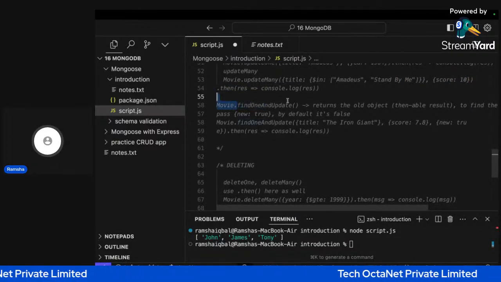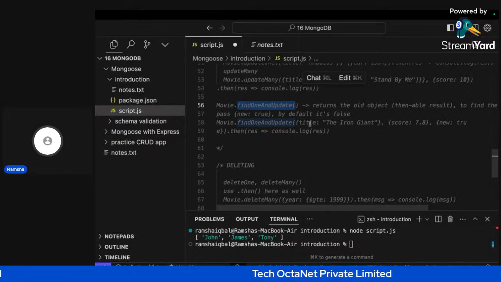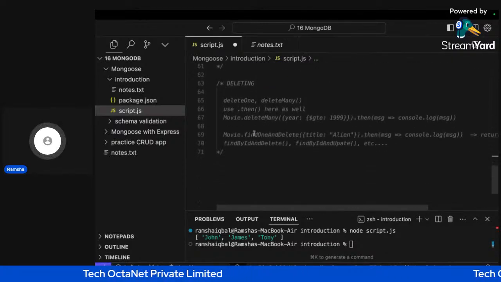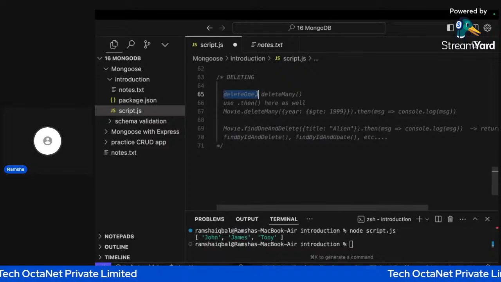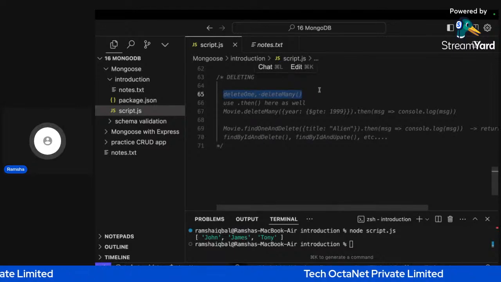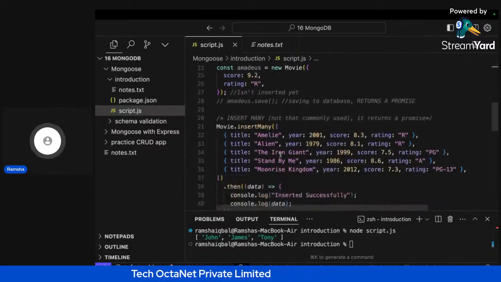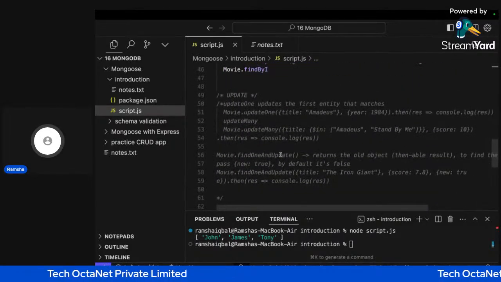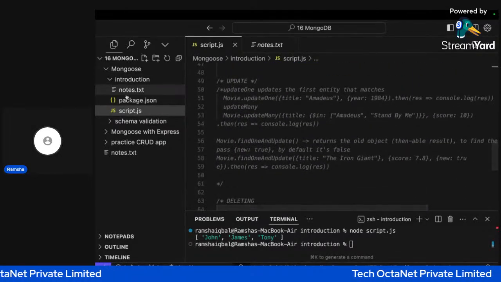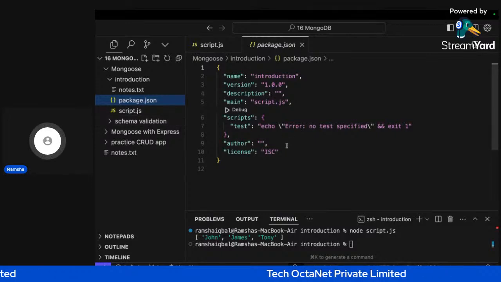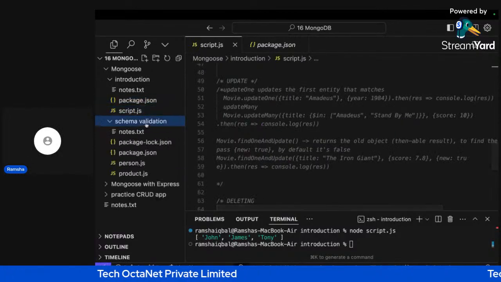If I want to find one value and then update it, I can use findOneAndUpdate. If I want to delete something, I can use deleteOne and deleteMany. So that's how we interact with the database, connect with it, and add, delete or update values in it. Okay, so inside package.json,